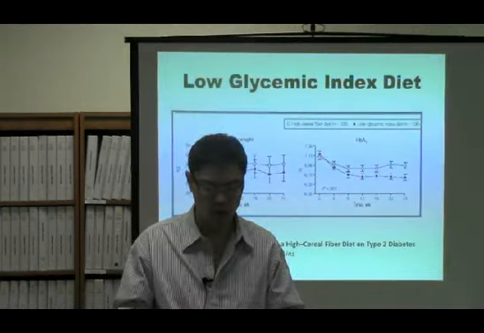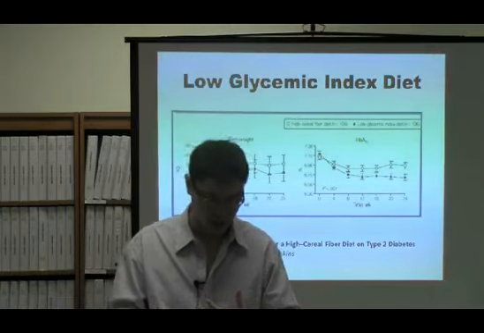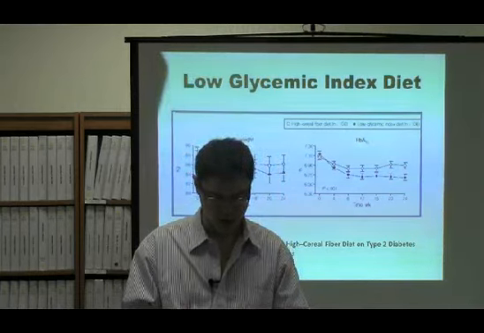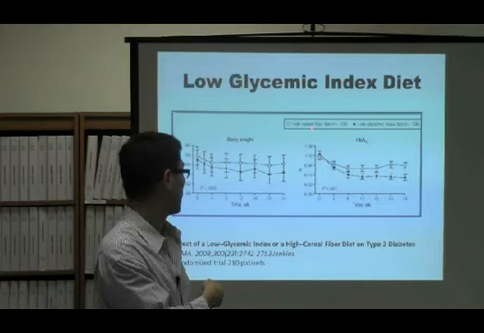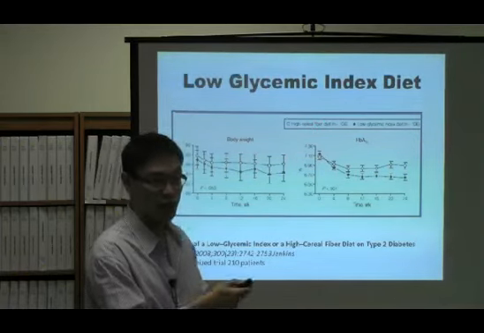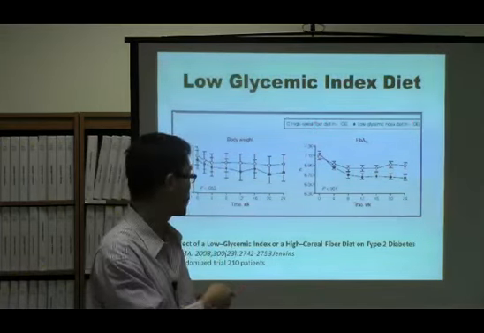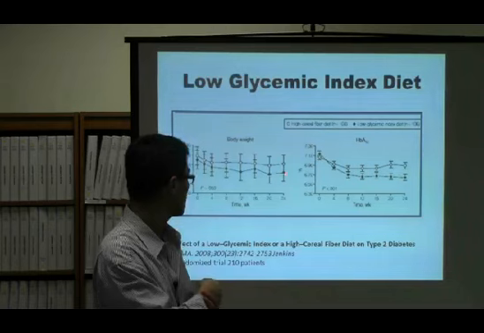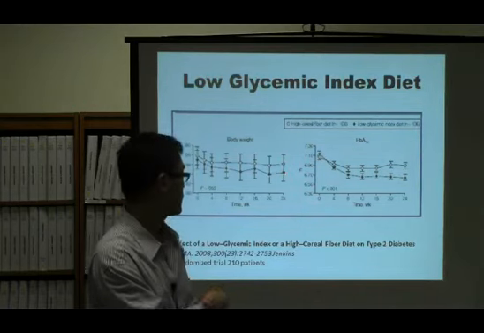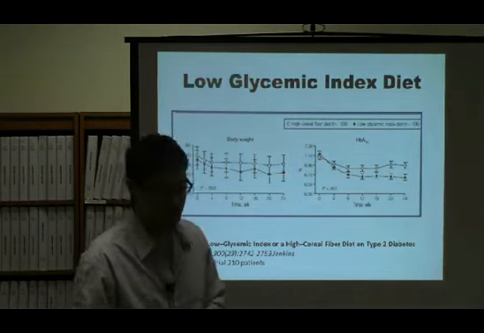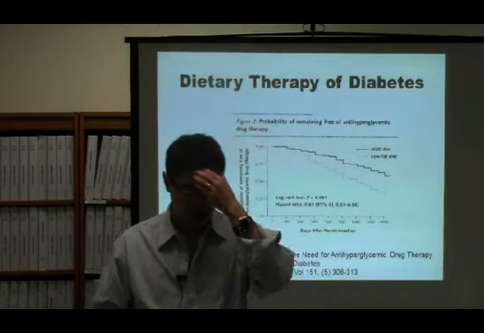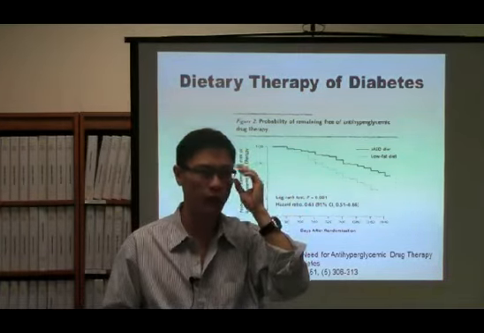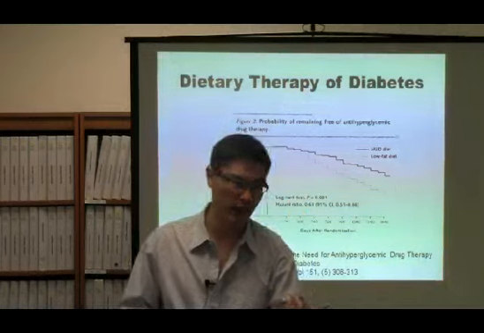If you put them on low glycemic index diets, again, you can take this one from, I think, Dr. Jenkins, and he put people on a high cereal fiber diet, so taking lots of fiber, which should be good, it's our standard advice, and compared them to a low glycemic index diet. You can see that the low glycemic index did better in terms of weight, and also did better in terms of their sugars. And this was really brought home in 2009 when they looked at the so-called Mediterranean diet in